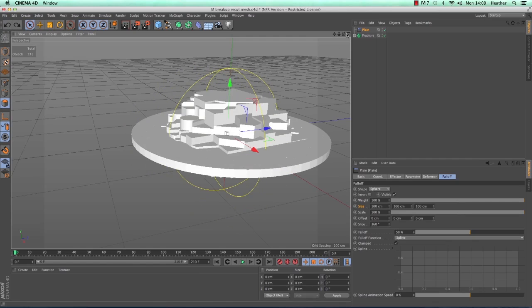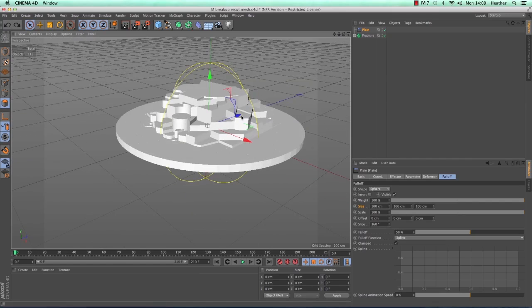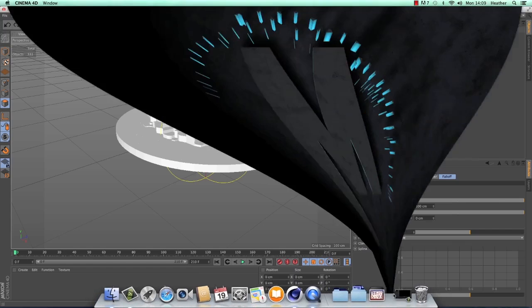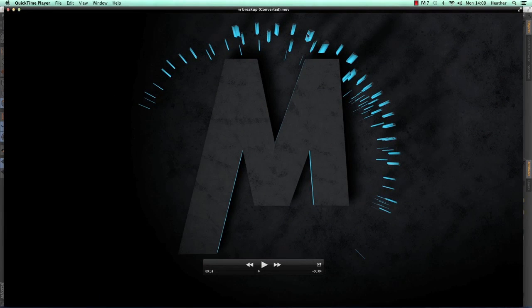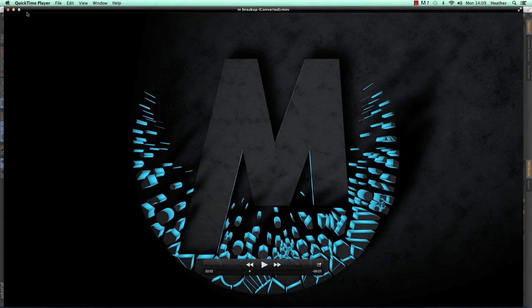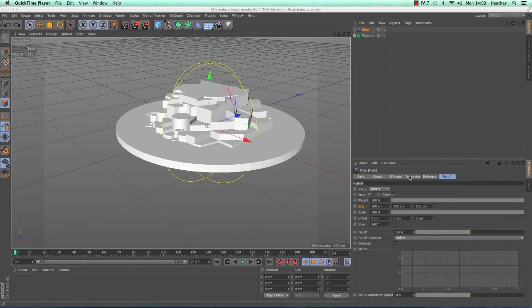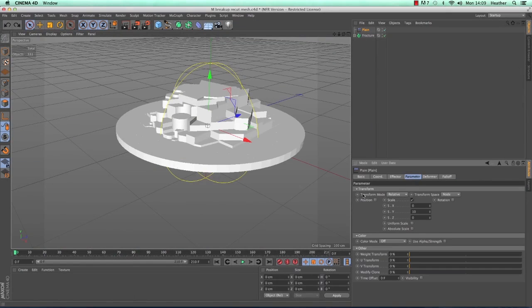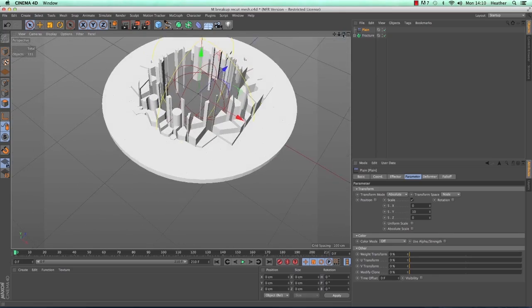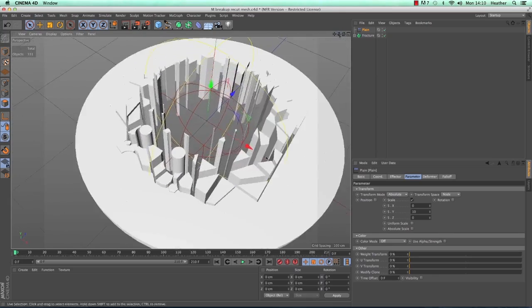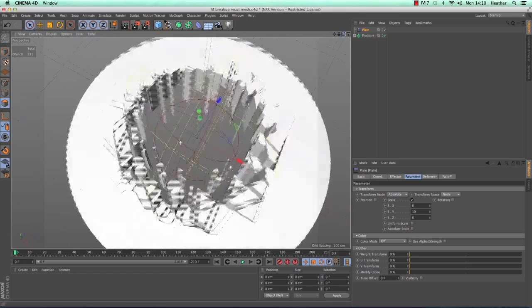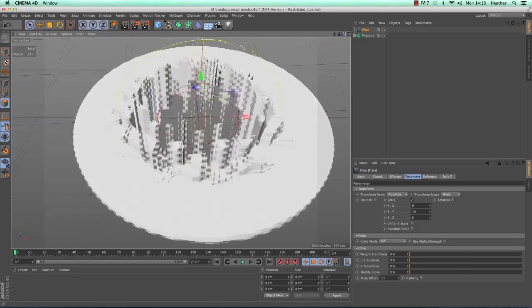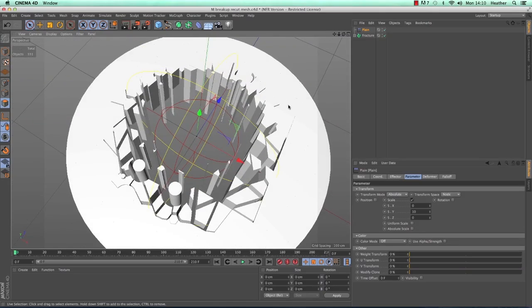A couple of things that we do need to change. You can see that it is just scaling up at the minute, whereas in our animation you can see that it's scaling down on the X and the Z axis. So to do that, I'm going to jump back into the parameter tab. We need to look at the transform mode. By default it's set to relative. If I change that to absolute, it's going to start scaling in the chunks on the X and the Z axis for us, so we can start to see them disappearing on our mesh. So this is good.